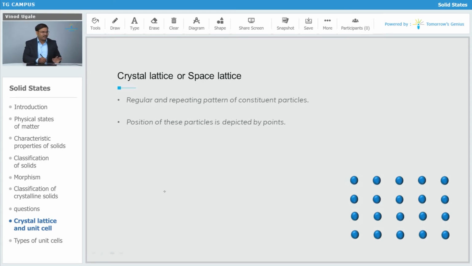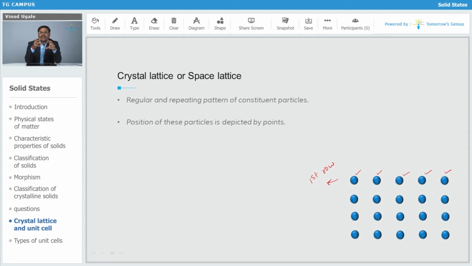So you can see over here that all the blue spheres, this is one constituent particle, molecule, atom, ion, anything it can be. This is another one, this is another one, this is another one, and this is another. So this is one row, this is our first row. The particles are arranged in a first row. Obviously that is a solid substance, and we know that in a solid substance particles are going to be compact, meaning they will be touching each other.